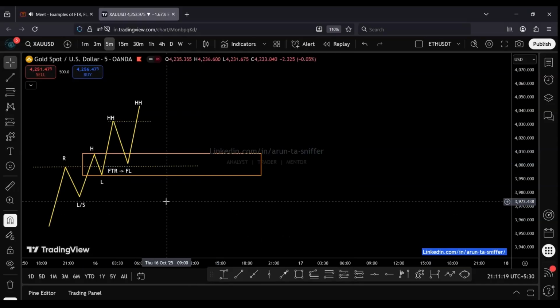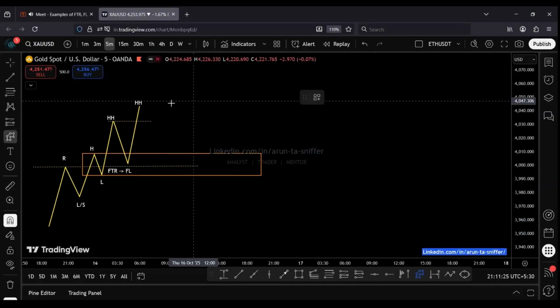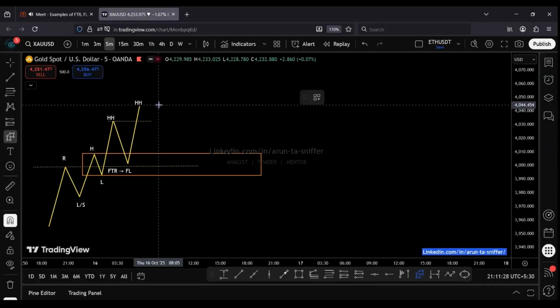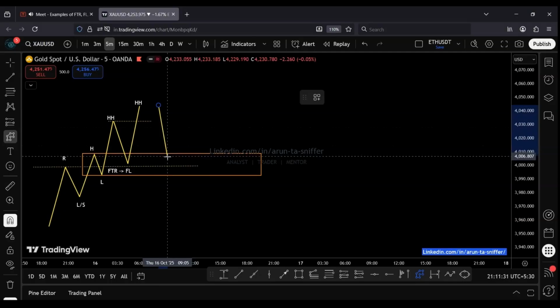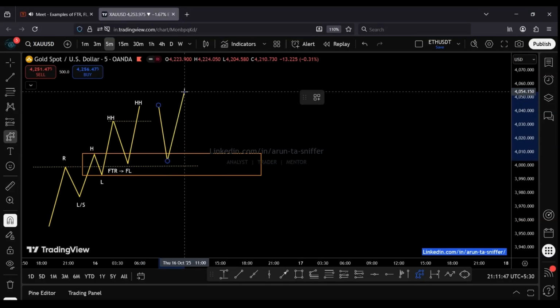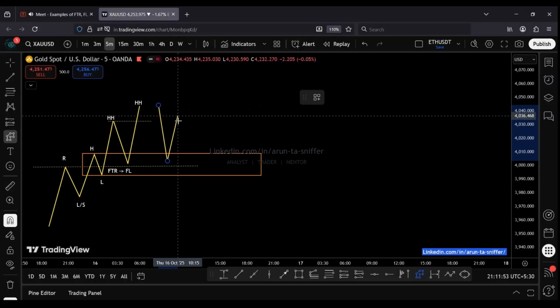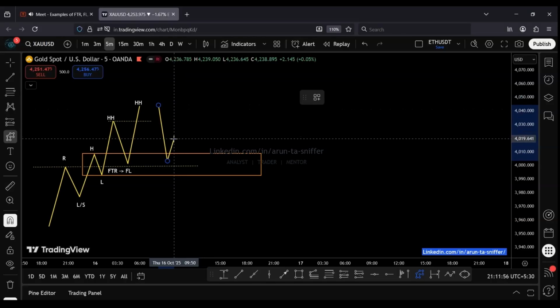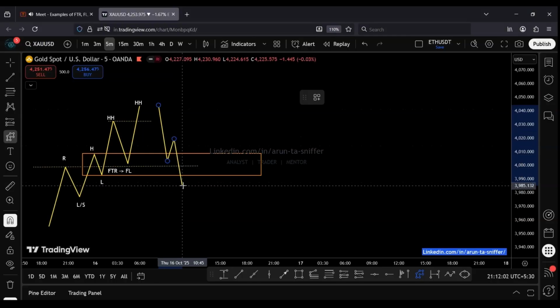Okay, and in future, when price comes down, imagine price comes down to this orange box again, so market movers now have to decide if they want to take the price up again and make another higher high like this. If they make another higher high, then our FL is still intact. But in case they decide to go up until here and then push the price down till here,